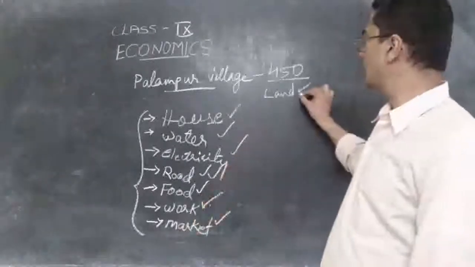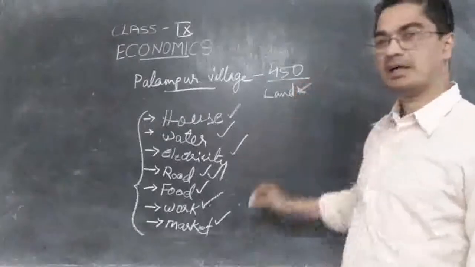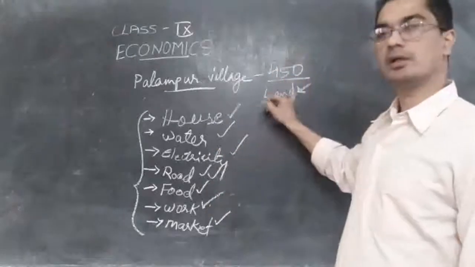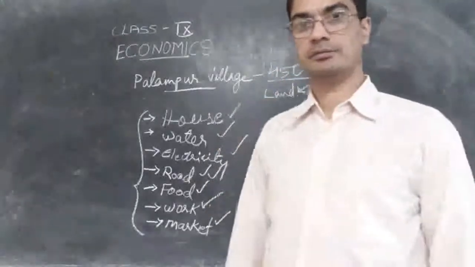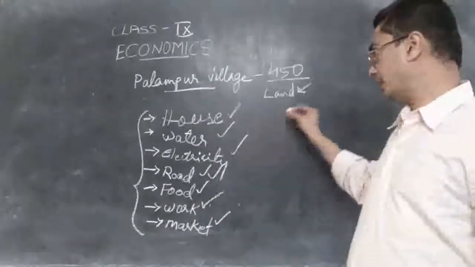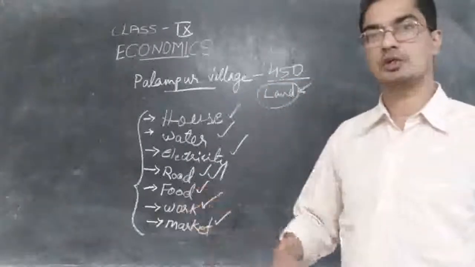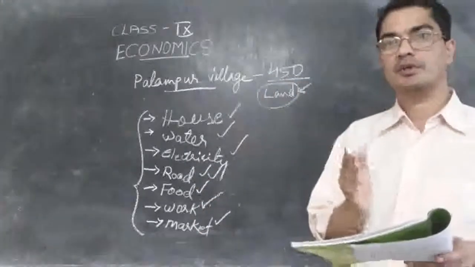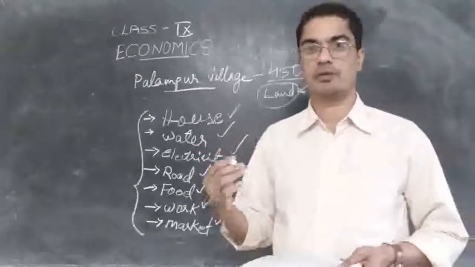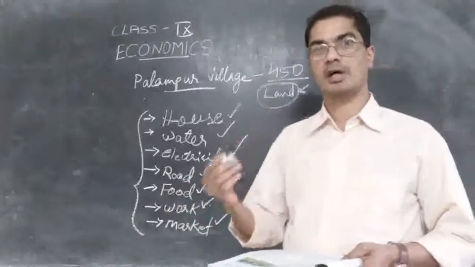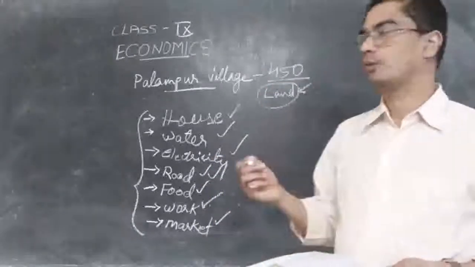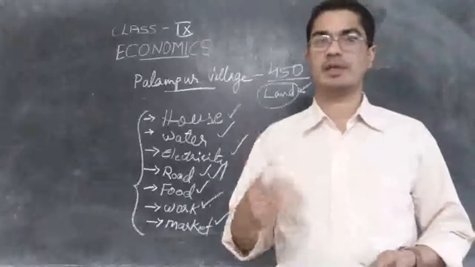So they can go and work in others' land as laborers for a daily wage. So those who don't have land, they will go and work in others' land. That is one option. Then another option is they can borrow the land from others. Those who have got plenty of land, they can lend a piece of land. Some land they borrow from them and use it as their own for cultivation. And after the harvest, they may have to give them some grain. So before borrowing the land, they will make some agreement. What shall I give you?